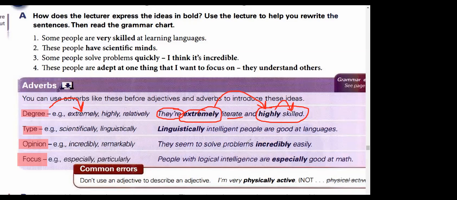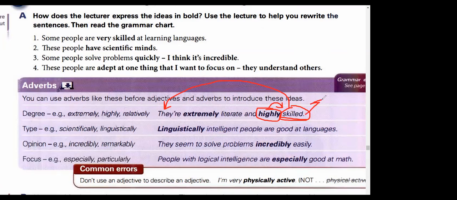How can I say it differently? You use adjectives, a skill, to describe a person. But to describe the word skill, then you use an adverb, highly skilled. That means the skill level is high,